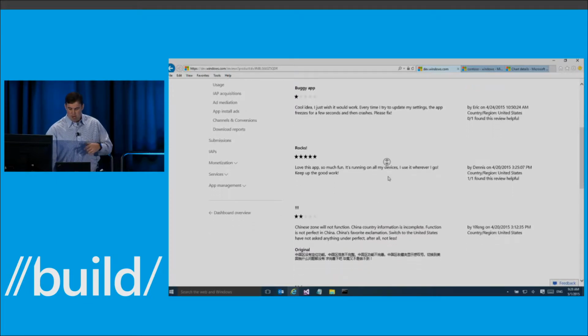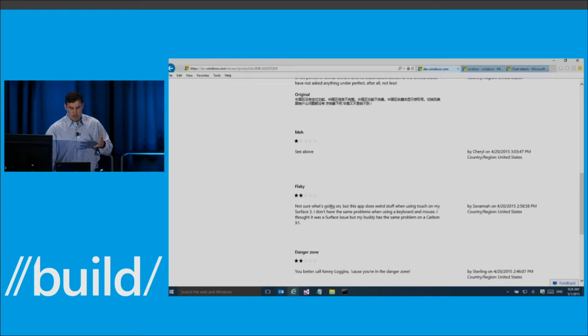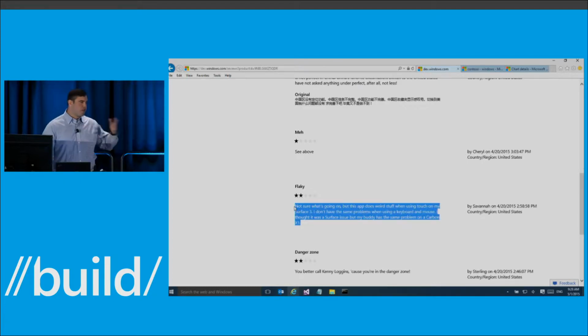Now, if you have an existing app today, you know that very often when users submit maybe subpar feedback for your application, a lot of times they specifically ask for features or even report an issue within your application. And so that's why I'm very happy to announce, as Inigo covered earlier, that we're bringing the respond to review capability that exists today in the Windows Phone Store to the Universal Dev Center for all the platforms.